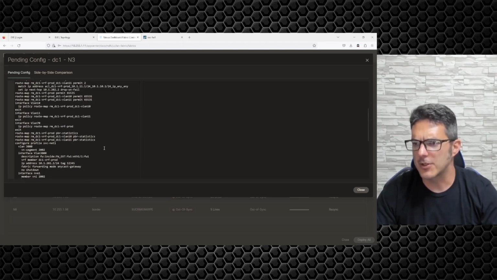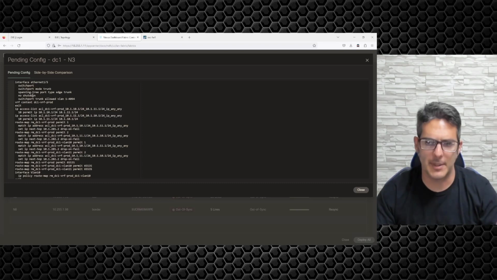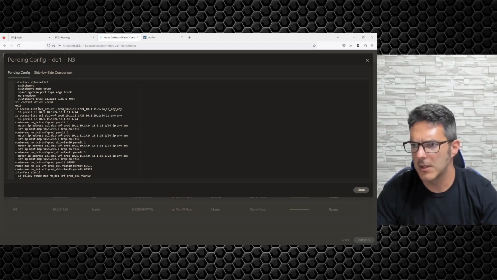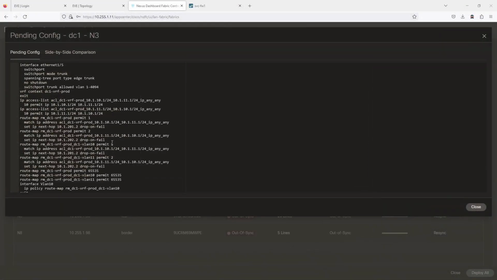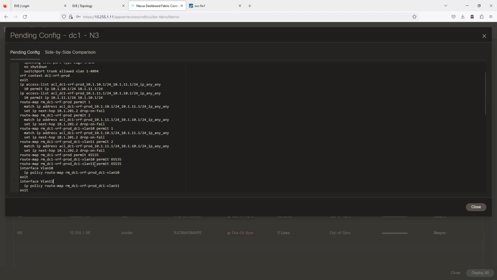Okay, so this is actually a good way of breaking it down. So on E15 it is going to push the switch port trunk. So maybe I wasn't doing all the config I needed to. It's going to have a redirect ACL. Let me go ahead and get out of the way. Underneath the VLAN 10, any traffic that comes in that's layer 3 traffic, it's going to redirect it. IP policy route map to that. It's going to call this route map right here, RMDC1 VLAN 10,